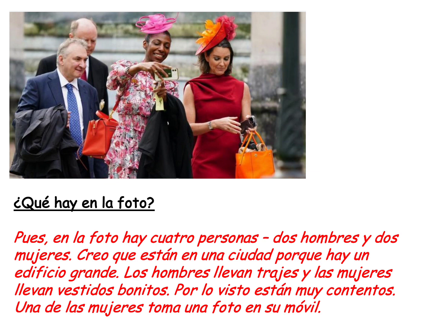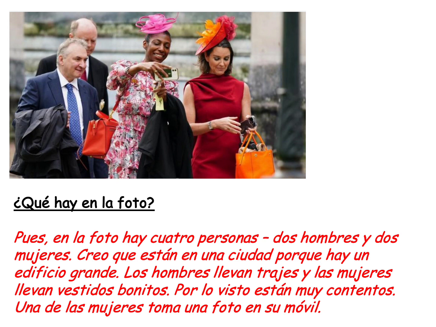One of the women is taking a photo on her phone. So this is probably slightly more than you would need to say. Because remember, you just need 4 ideas in here. So I've put more than 4 in here. But hopefully, you can see that there are ideas here you can steal. So whatever you get, you can say, pues en la foto hay, then however many people. That's your first point. Then say, I think that they are in, or I think that he or she is in. Say where you think they are. Give a reason. The men, if you can talk about what they're wearing, but you don't have to do that.